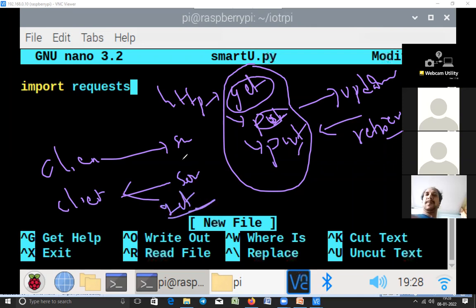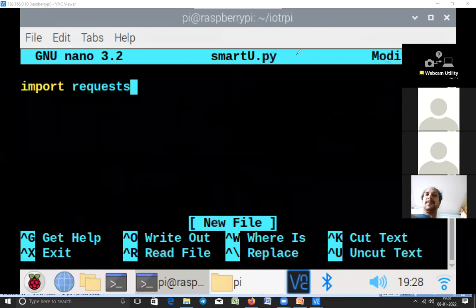So this is about HTTP. You can read more about HTTP. If anyone wants to know more about these things, I'll share some documents or URLs, resources you can go through. We'll go ahead now. So import requests, and then here we are going to make a request. While True, so we want to run this an infinite number of times. If you want to make more requests, you can use this.